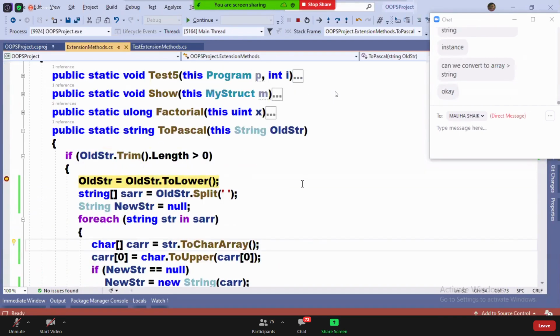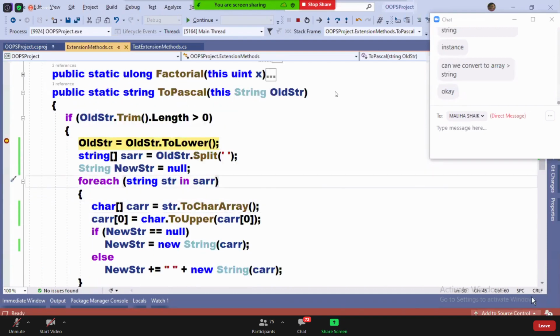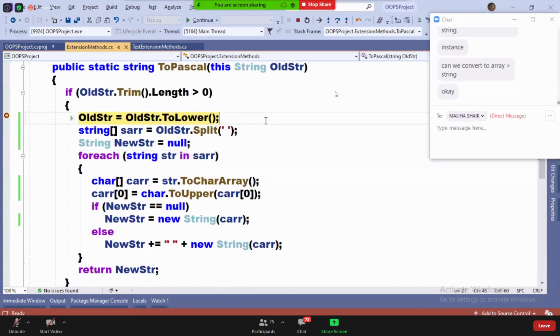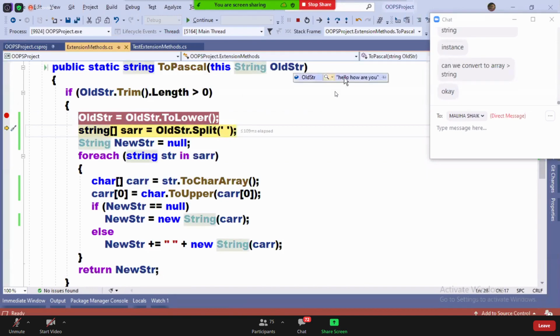Okay, follow. See, this is our old str, with mixed characters here. Now the ToLower method converts the string into complete lowercase. Watch it. The string is converted into lowercase. Now the Split method will split it, and see the string array.